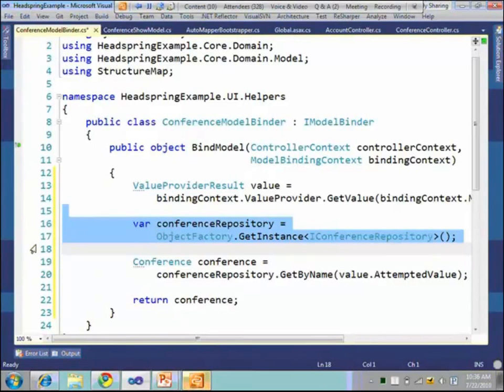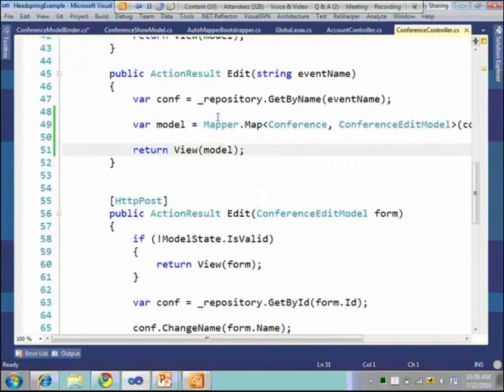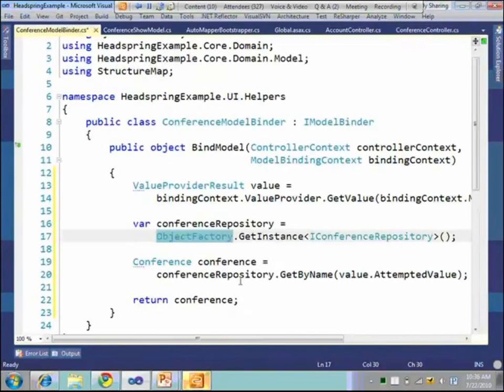Now, I have to call ObjectFactory directly, but I think this is also something being looked at for MVC 3, to allow me to use inversion of control containers in my model binders as well. The last piece I'm doing is replacing the conference controller's repository call, get by name. I'm just going to put that now in my model binder here. Same exact code, conference repository get by name, with the value I got from MVC's model binding, and then I'll return